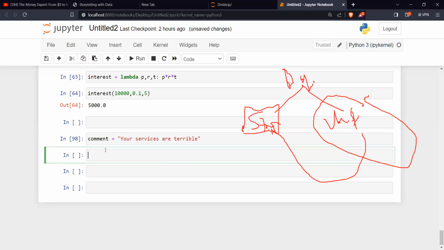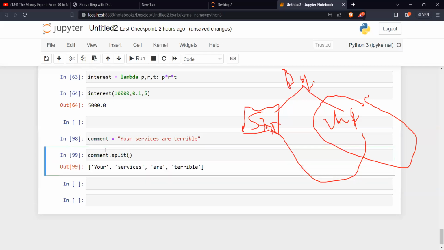Sometimes, you know what we can do? Because it's a text, normally you can split it. How do we split text? Comment.split, something like this.